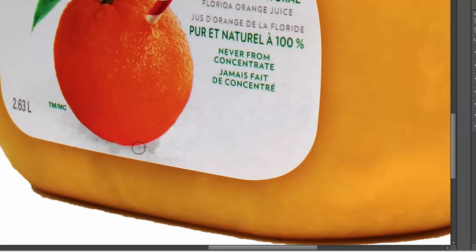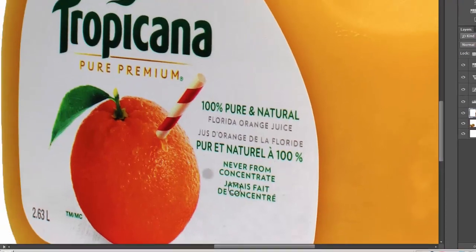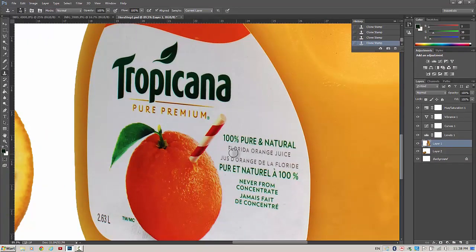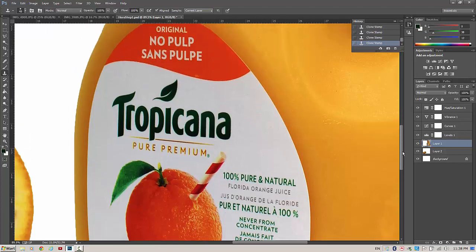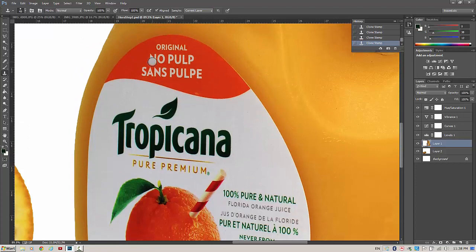I might want to remove the rest of this dirt down here. I would probably leave this information, 100% pure and natural, Florida orange juice, never from concentrate. That's a really nice aspect to include. Original, no pulp. I might take out the word original because it's not necessary. It kind of distracts. So I'm going to go ahead and click Alt, and I'm going to go ahead and